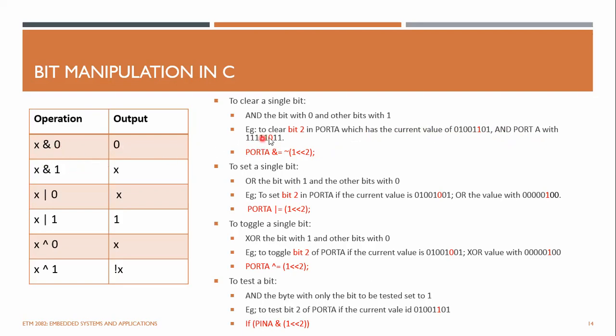So if I AND with 0, I know the output will be 0. If I AND with 1, the rest will be whatever the value is here, right? So 1 AND X will be the same, so it doesn't affect the rest of the bits. So the code is like PORT AND equals. This is not setting bit 2, right? Bit 2 is set to 1, and then take the inverse of that, which means 0. So bit 2 is 0